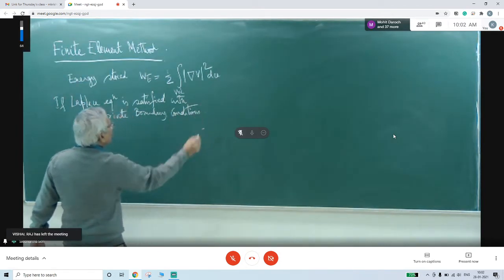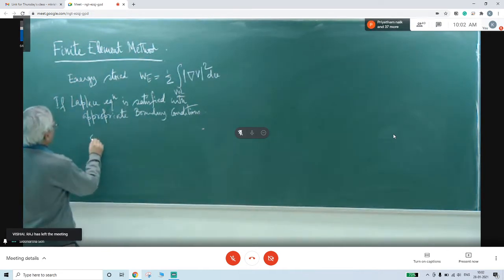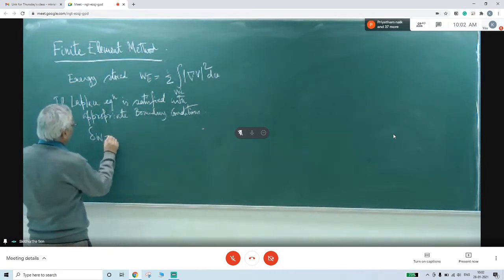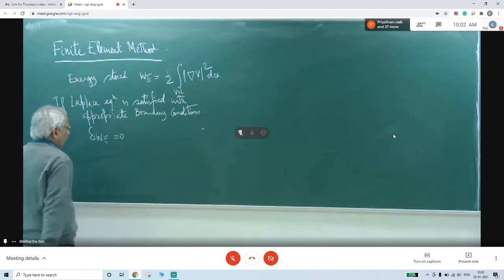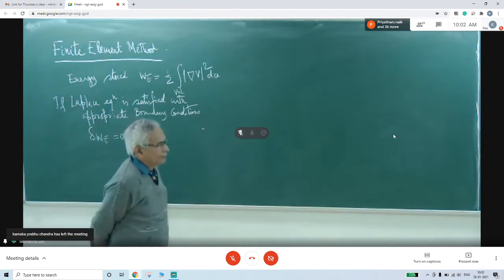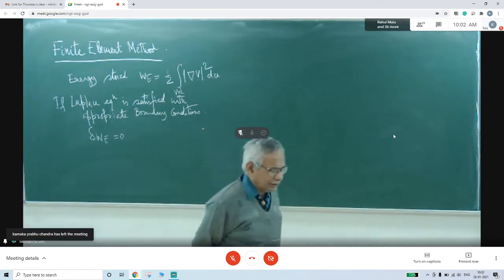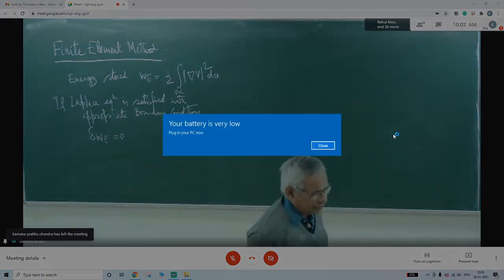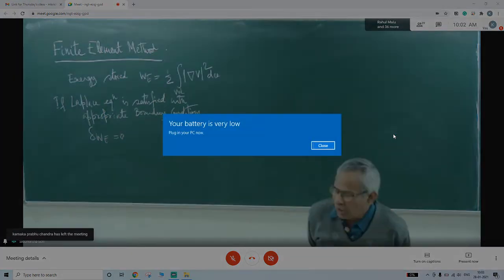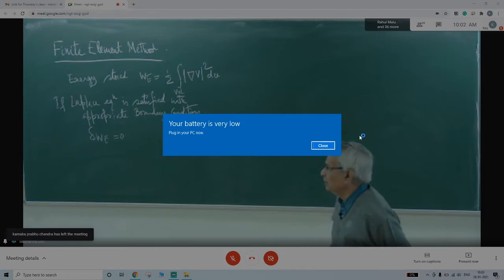So the stored energy is minimum, that is, delta WE equal to 0 there. That is what our basic thing is there. So finally, the Laplace equation and by the principle of